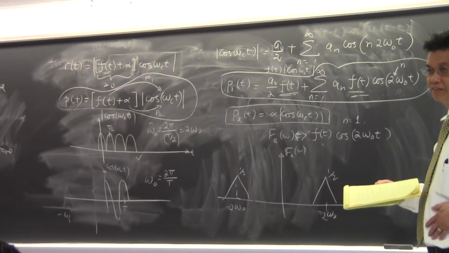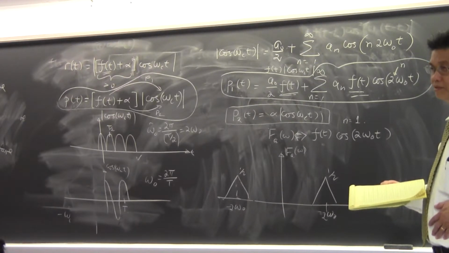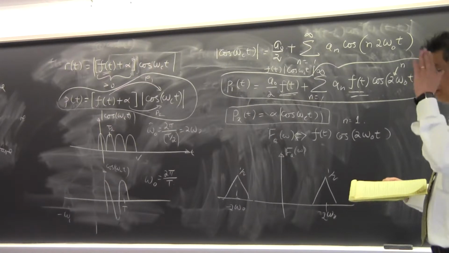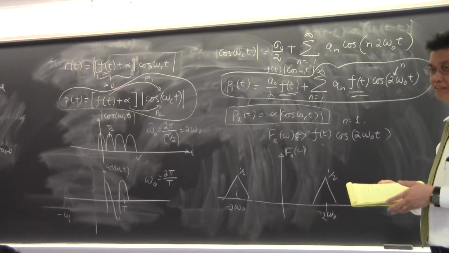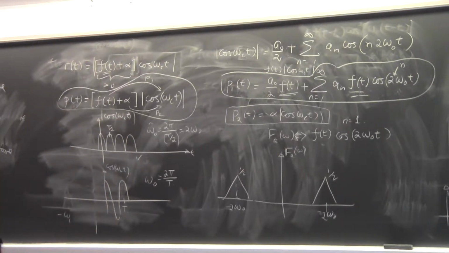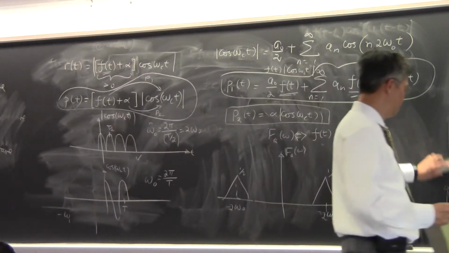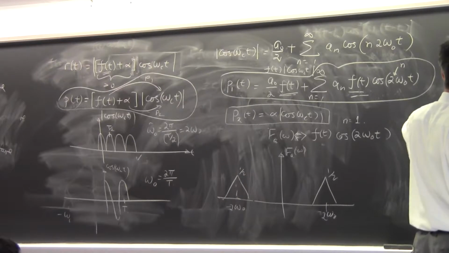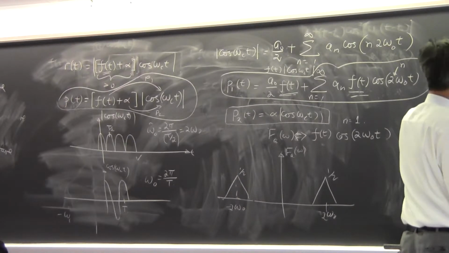How do you get rid of the DC term? You do a notch filter or low pass filter. The capacitor is a very good low pass filter because a capacitor does not allow DC signal to go through. So you can pass the signal through a capacitor, the DC term will go away. And then you have a signal that is looking like your original voice signal,